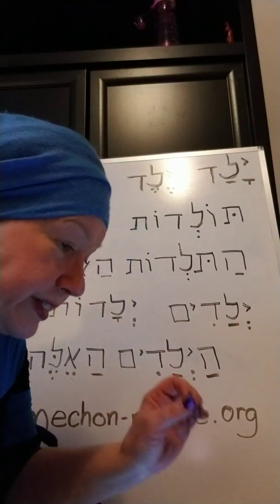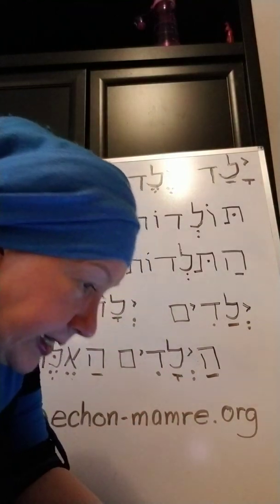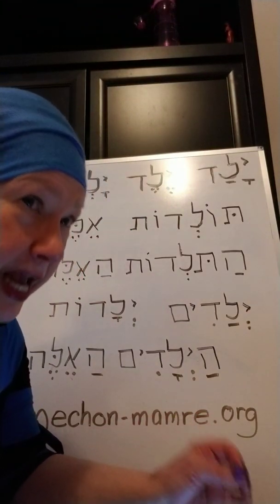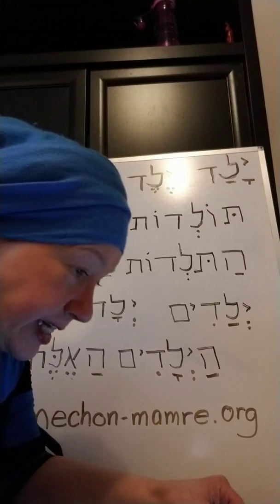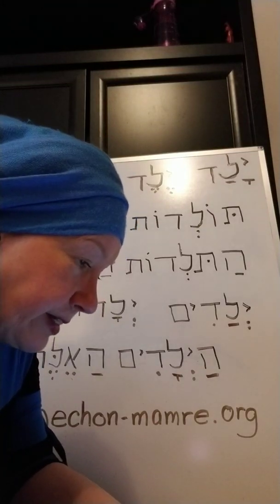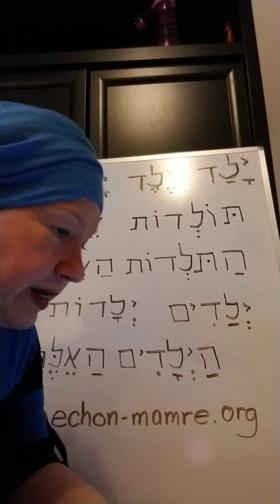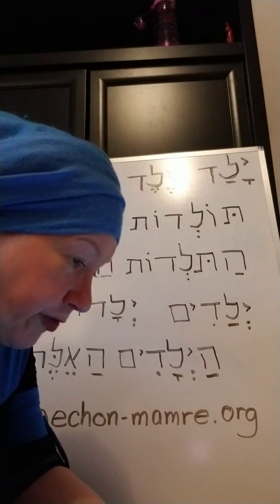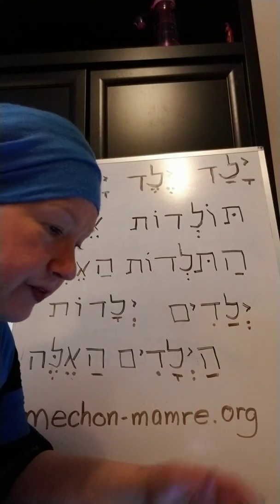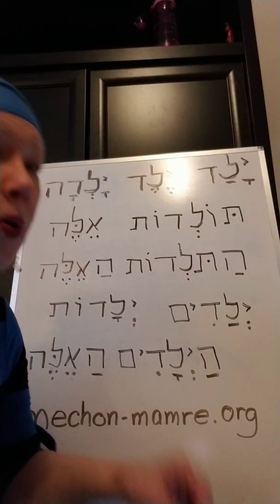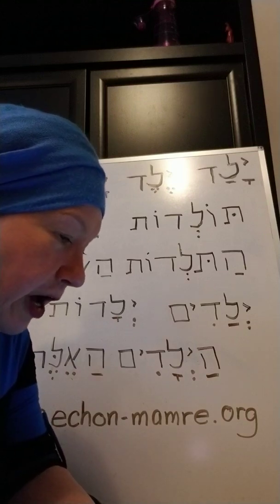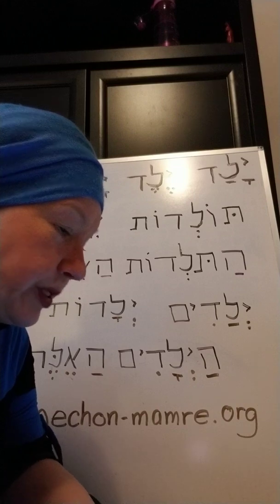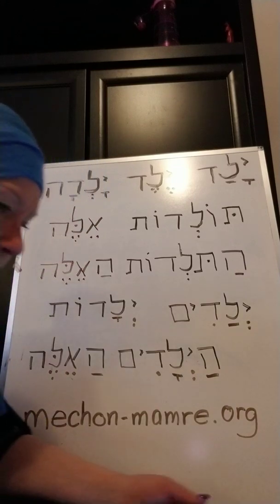Because the yod means 10. So on 18, it's yod het. So that's the 10th letter and the 8th letter together, making 18. And then on 19, it's yod tet. It's 10 plus 9. And then you get to kaf on 20, and that's just the 20th letter. Then kaf aleph. You know, aleph is the first letter. Kaf is 20, so kaf aleph is 21, and so on. So that's what those are.